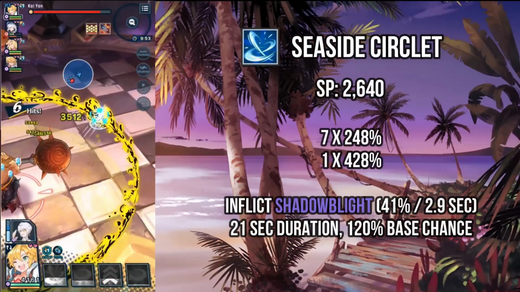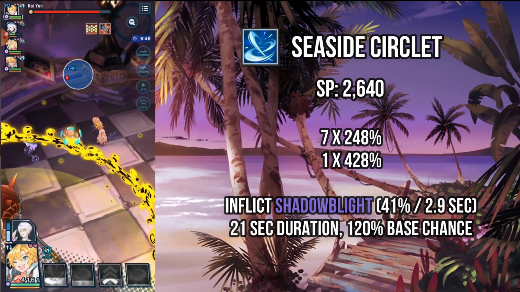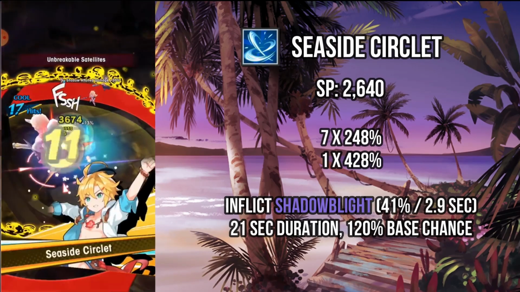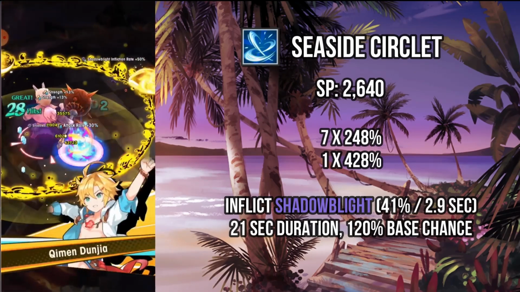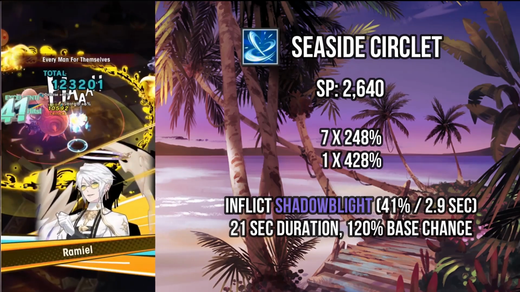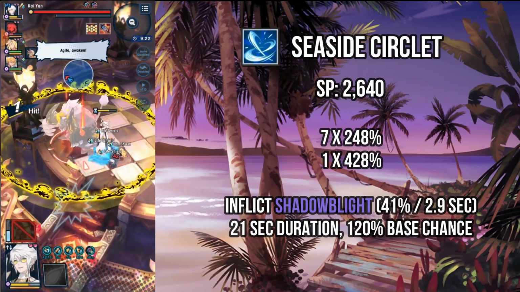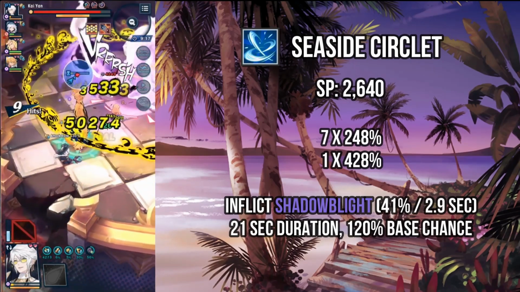His first skill, Seaside Circlet, costs 2640 SP. It deals 2164% damage and inflicts Shadow Blight. The skill deals relatively good damage considering its incredibly low cost. Speaking of cost, this skill has the lowest SP cost among all Shadow Blight skills we have currently, with the first runner-up being Alberius at 3360 SP. This makes Euden a great Shadow Blight applicator. Overall, this skill is a good skill with high damage in Shadow Blight at the cost of relatively low amount